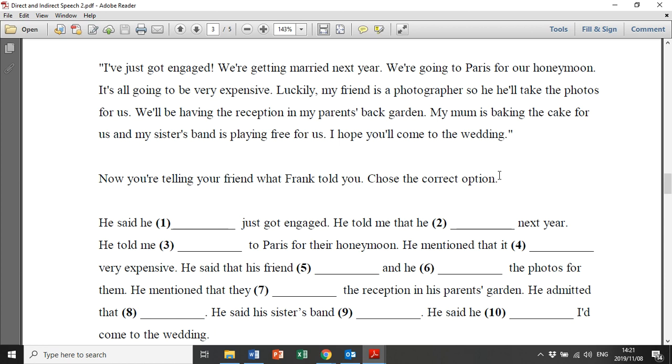Nommer 7, kom ons kyk verder. We will be having the reception in my parents' back garden,